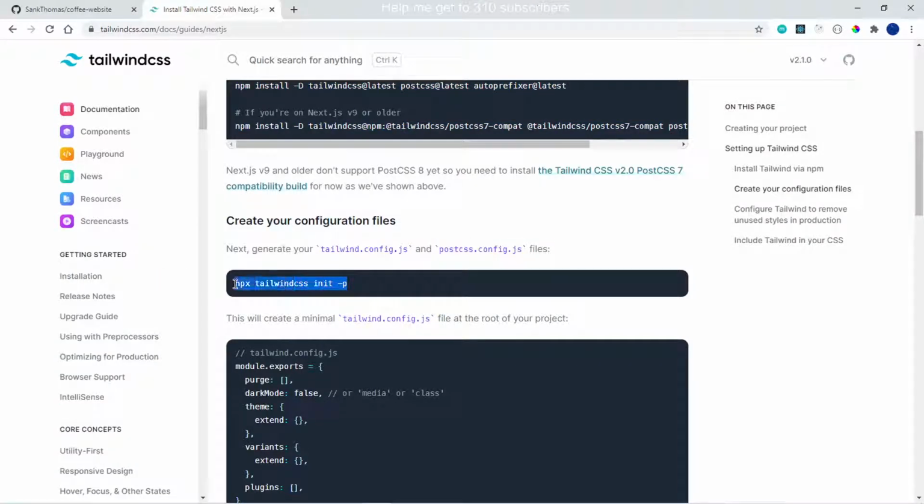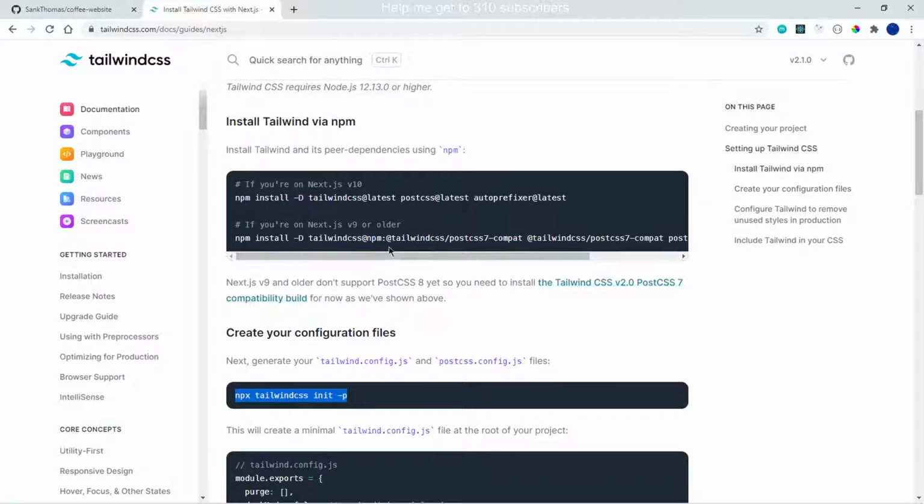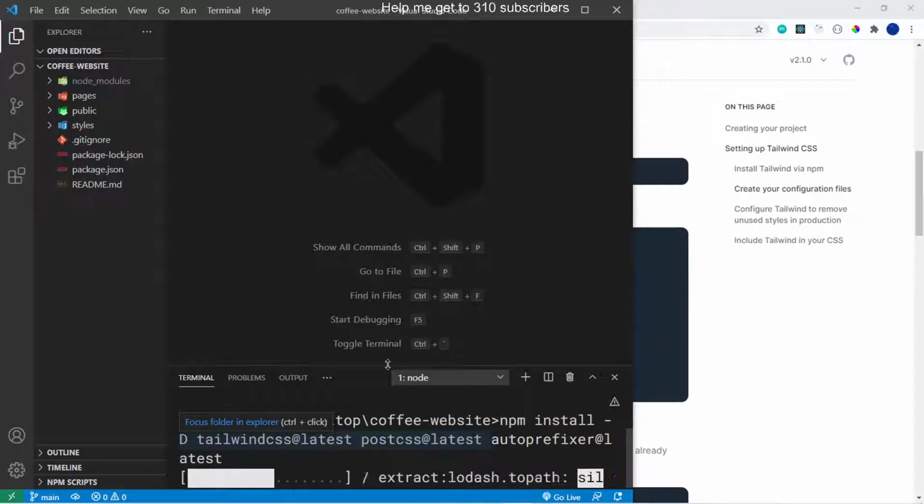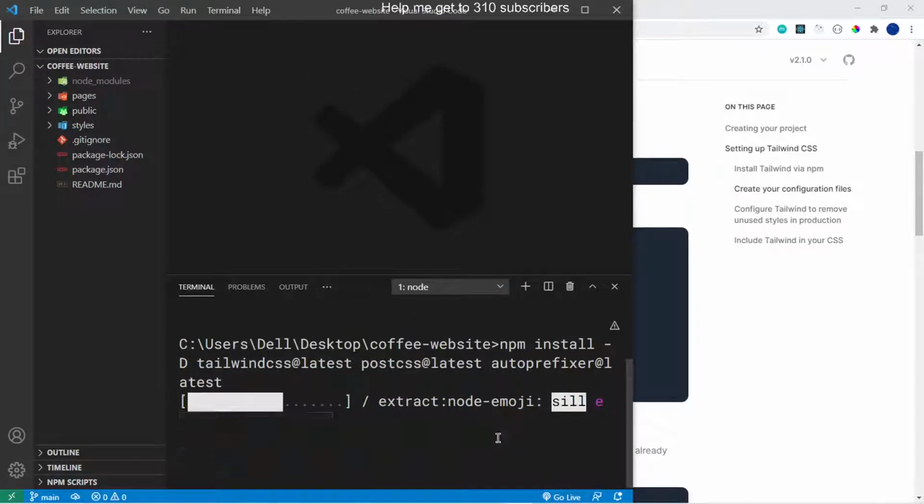And then let's create our Tailwind CSS file. Just copy this, and then, where is it? As this continues installing,